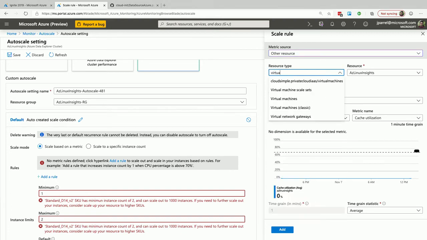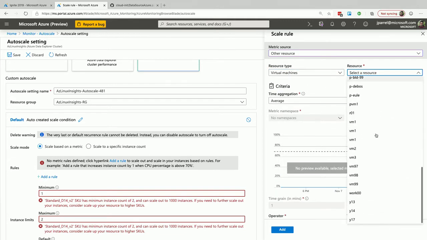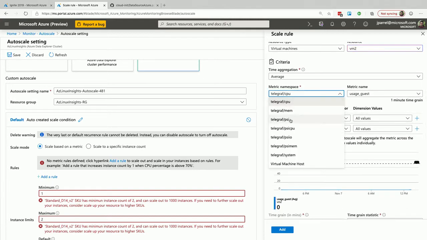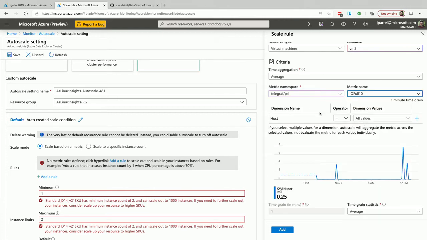I can just search for virtual machines. I can find my VM, just here somewhere. And then in my metric namespace, you see many Telegraf facilities. Here's the PSI one, and I can choose whatever, CPU, I/O, whatever it is that I need. I can actually see a quick peek there, and I can autoscale a different Azure resource based on that